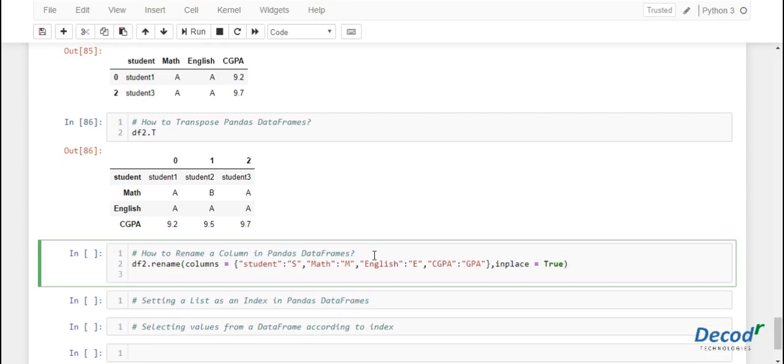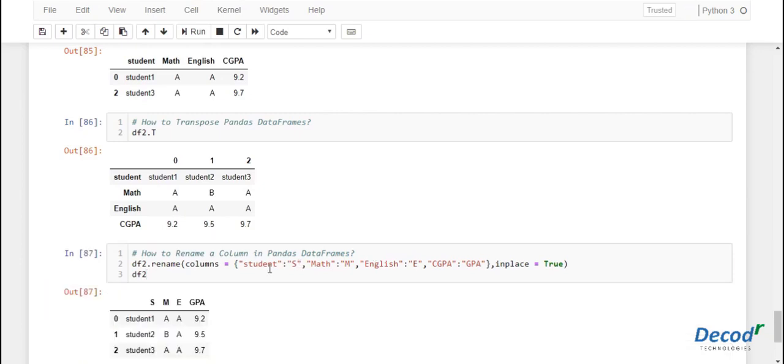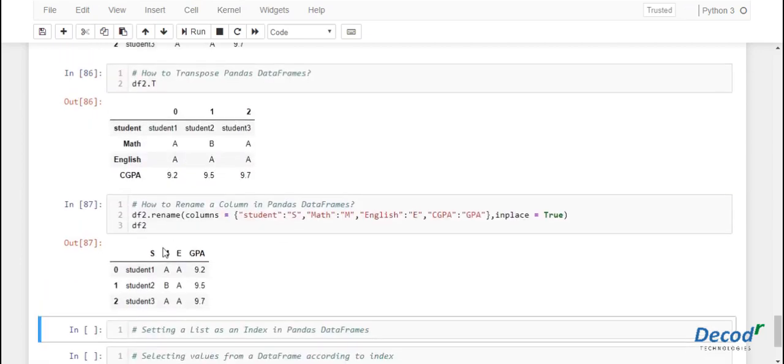And now let's display the df2 data frame. So you can now observe that all the column names have been changed to the respective ones.